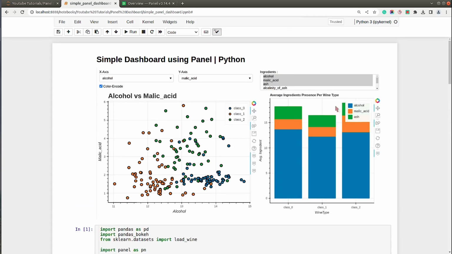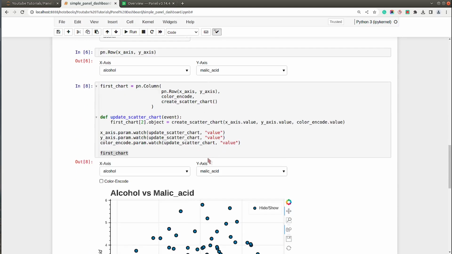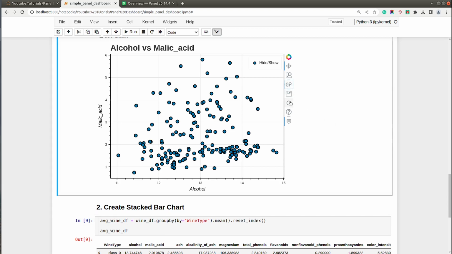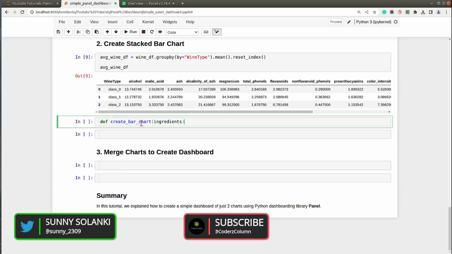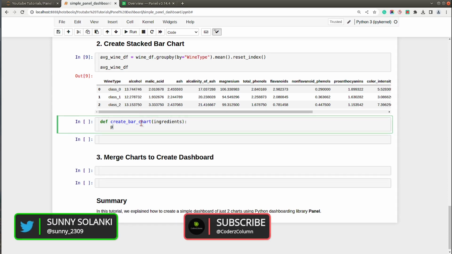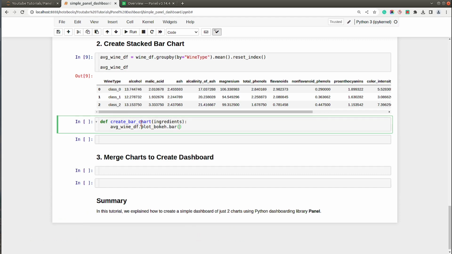As you can see, this is the stacked bar chart which has average value of ingredients for wine type class 0, class 1 and class 2. So let's go ahead and create the second chart. I will create a method named create bar chart. It will accept a simple parameter named ingredients, and again I will use average wine DF dot hvplot dot bar method, and for x-axis I will say wine type,